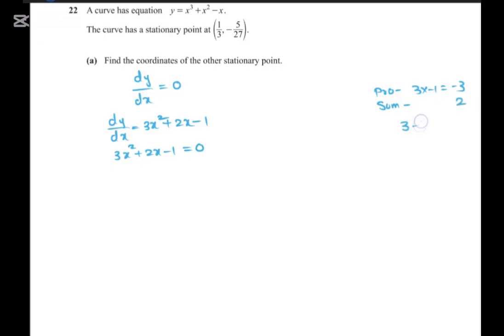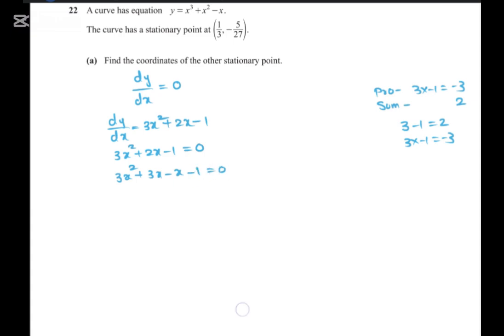We can take 3 and minus 1, as their sum is 2 and 3 into minus 1 is also minus 3. So 3 and minus 1 we can take. So instead of 2x we'll write plus 3x minus x, that is minus 1 is minus x, then minus 1